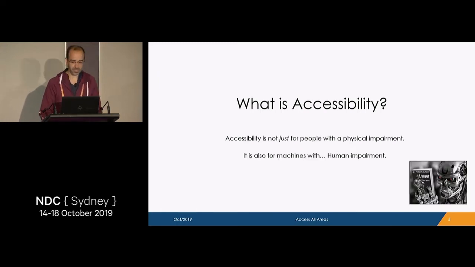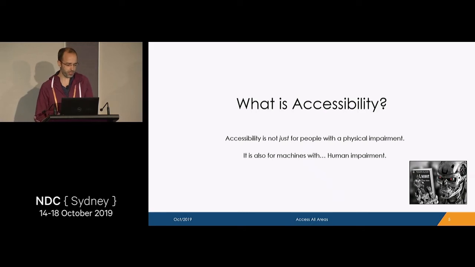Anyway, accessibility. So this talk, I don't know if you read the description of the talk, or maybe just the title got you engaged. Hopefully both. But for me, and for this talk, accessibility is not just for people with physical impairment, like visual or auditory.